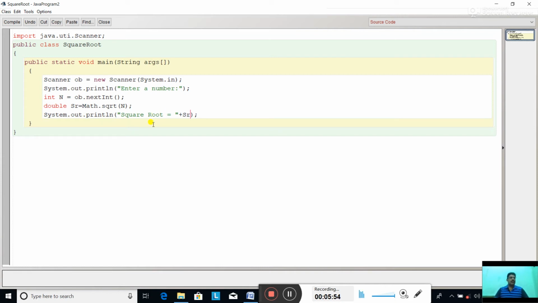Okay. Now the question was to write a program to input a number and print its square root. We have entered a number n, and using the Math.sqrt function we are finding the square root of n, and the output is coming as square root equal to SR. Compile the program. In java.util, the L is missing here. Okay, compile. No syntax error.